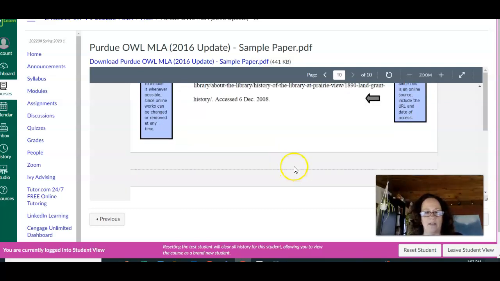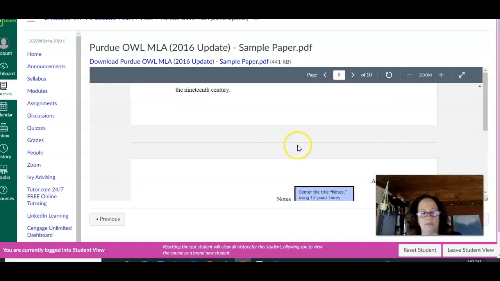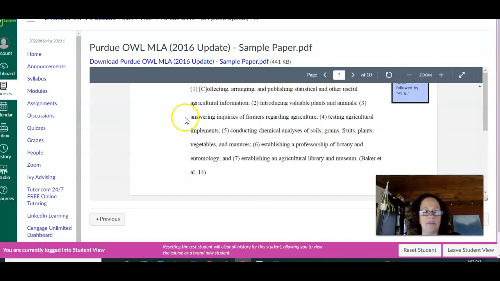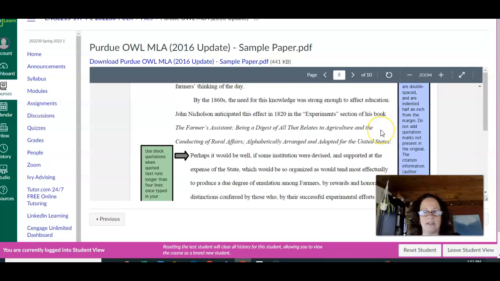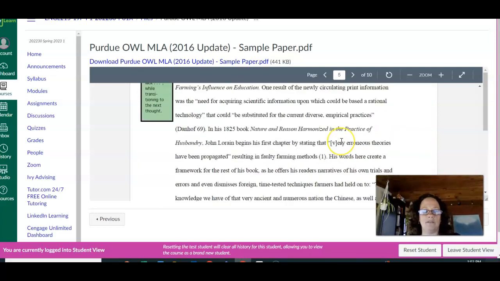So I recommend that you read through this. Like I said, all of the comments in the boxes. And this is actually a really classic MLA paper, and that's why it's included in our actual templates, because this is what ours need to look like in a